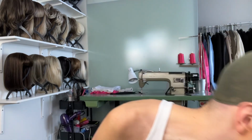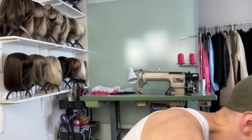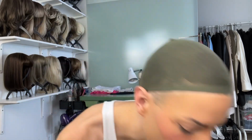I feel like I should have went a little, no, that's how it looks. I was gonna say I should have went a little higher, but no. Killing it, absolutely killing it. Okay, do I have anything that's darker? Okay, this I think is darker. Okay, so we'll go in and